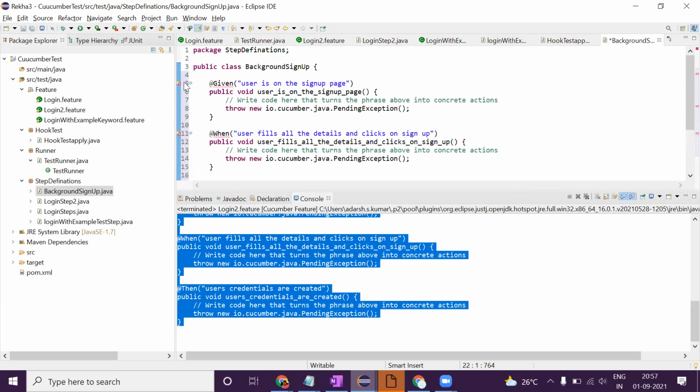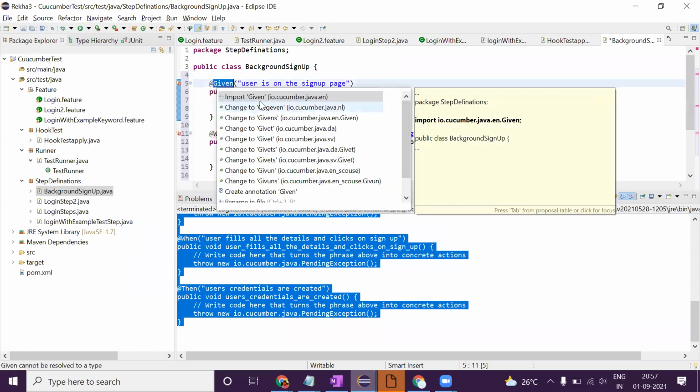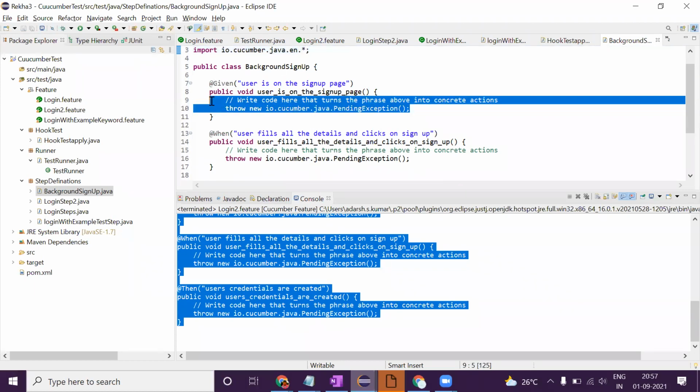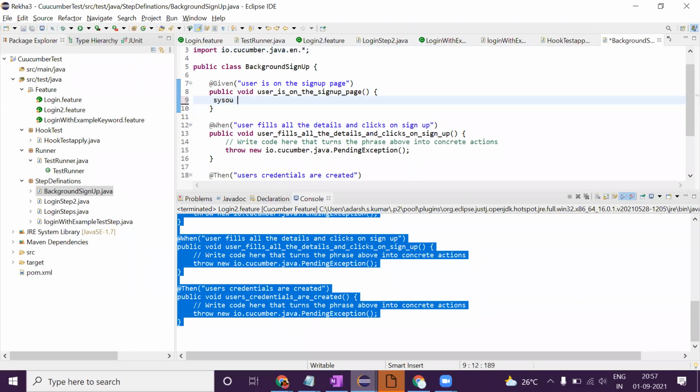Now I'll import this and give it a star, sign up. Now I'll print on the console: System.out.println user is on the sign up page.